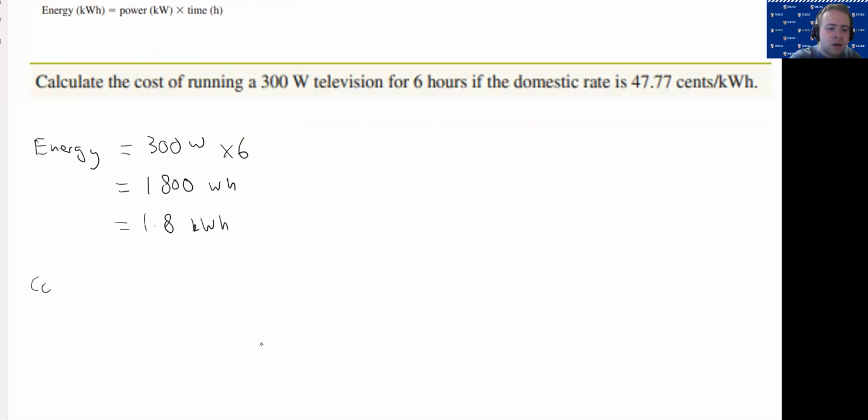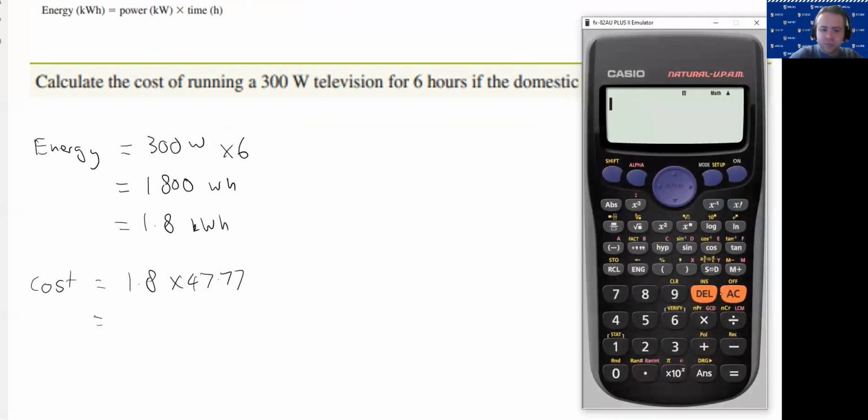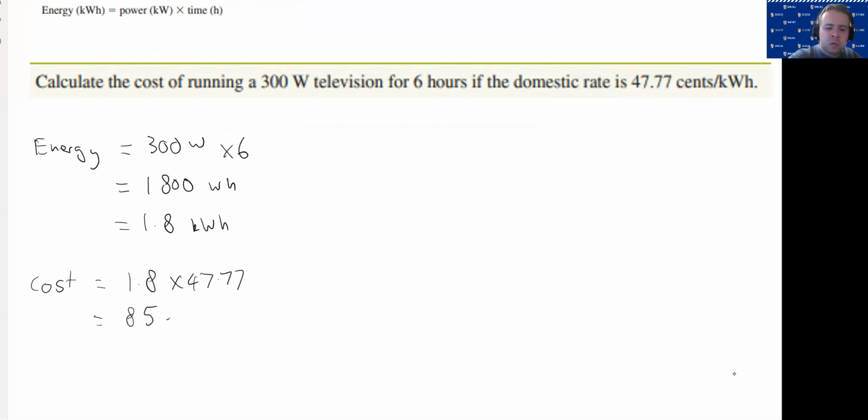So the cost, once we've found the energy, is going to be this energy 1.8 times the cost here, which is 47.77 cents. We're going to put that in our calculator. We get 1.8 times 47.77, which equals 85.986 cents. Now to the nearest cent, this equals 86 cents. Okay, so if you run your television for 6 hours, it's going to cost you 86